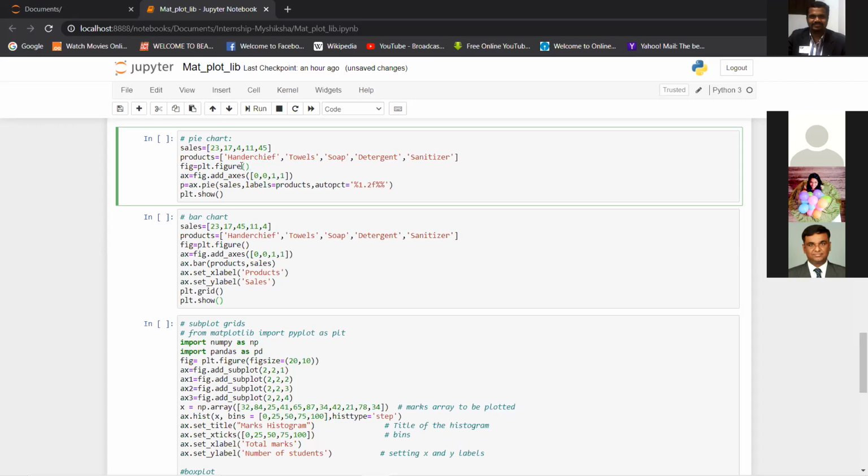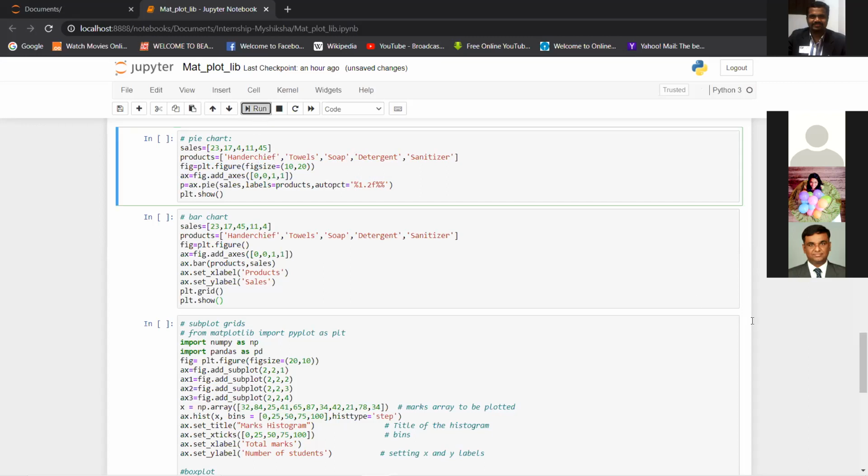Fine. Similarly, I'm using plt.figure for my area, and again, you can use the figsize parameter for increasing your area. I think it goes like this.